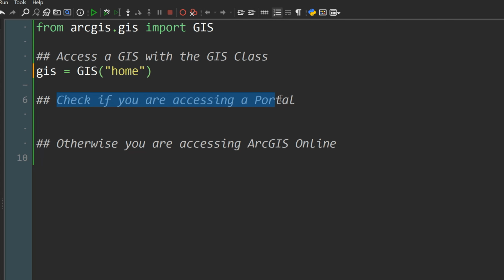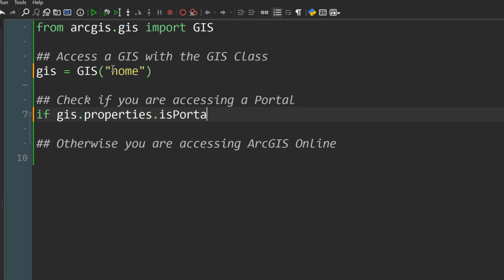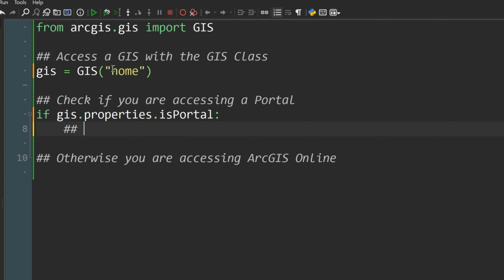Then I'm going to check if I am accessing a portal or not. So if the GIS object, we're going to access the properties property, and that exposes an is_portal property. So if the gis.properties.is_portal property is true, now I could set equal true here, but I'm just going to leave it with the colon. Then we are inside a portal and we can perform portal activities. Otherwise, you are accessing ArcGIS Online. So here I can use the else statement